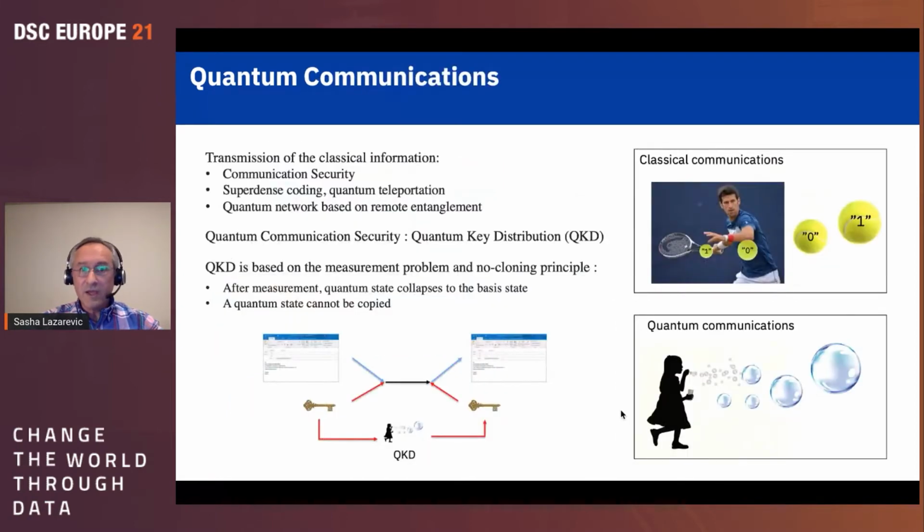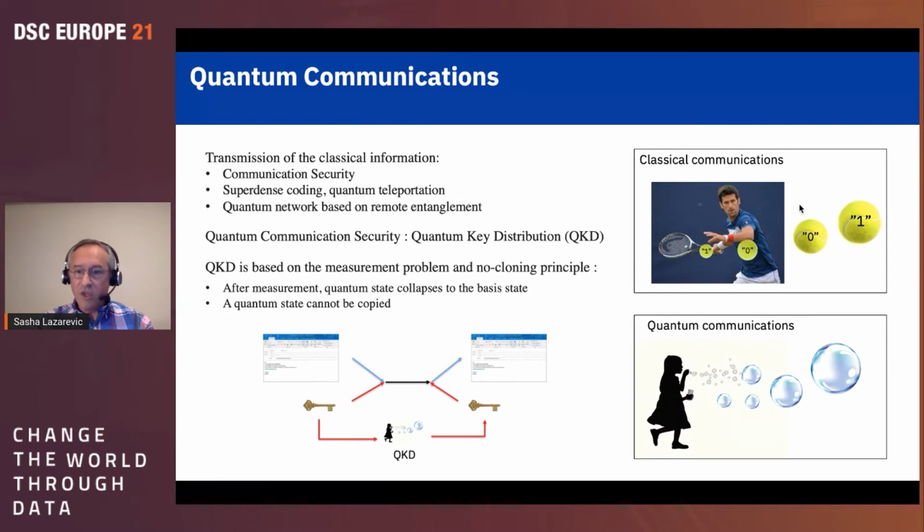So the next important technology is quantum communications. There is quite a lot of interest in quantum communications to secure communication, because here, for example, you see the difference between classical and quantum communications. Here you have Novak Djokovic. He's a very good player, so he's hitting these balls very fast. But you can imagine a hand that is capturing these balls and somebody reading these numbers and then sending these balls further. And so you have somebody intercepting your communications and you don't notice it.